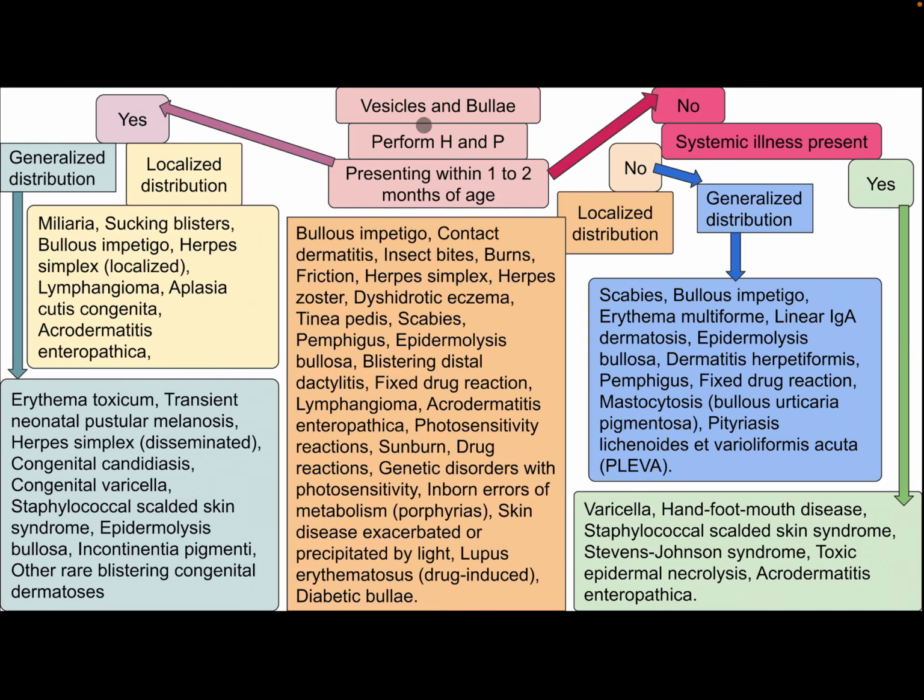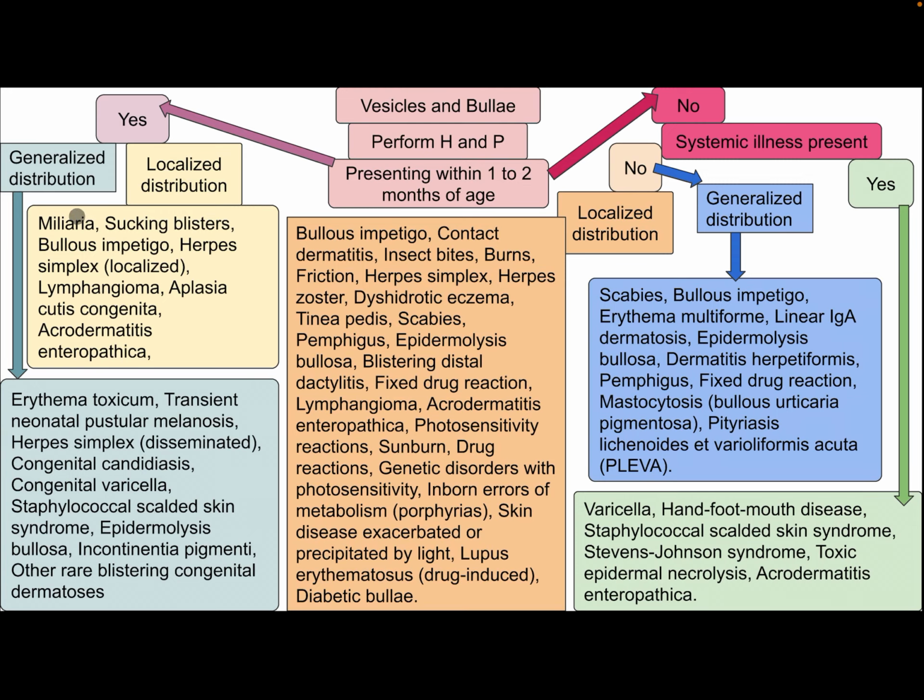How to approach a child with a skin eruption: perform a history and physical examination. If it presents within 1 to 2 months of age, this is our subject today. Is it a generalized distribution or localized? If it is localized, the differential diagnosis may include milia, sucking blister, bullous impetigo, herpes simplex localized, lymphangioma, aplasia cutis congenita,